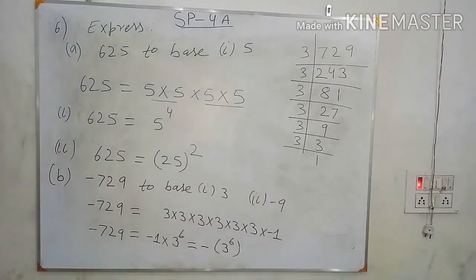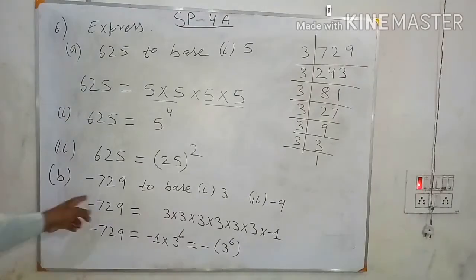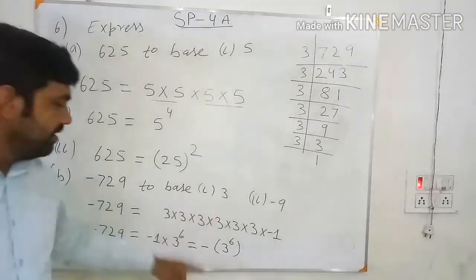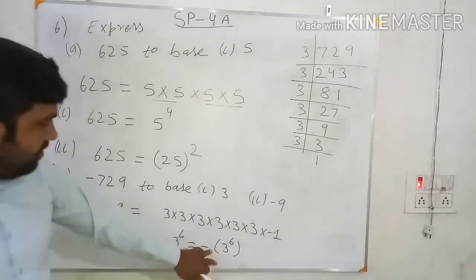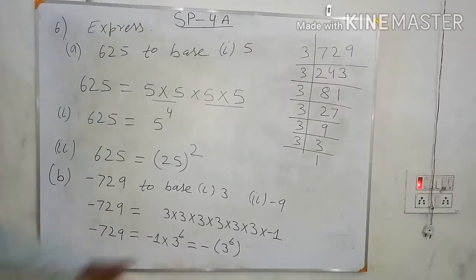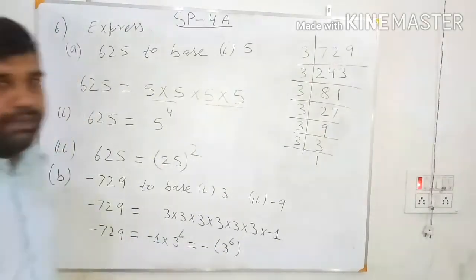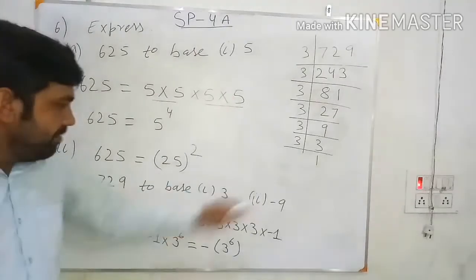See, that number is expressed as base 3. The question is to express minus 729 as base 3. So we have expressed it, and the minus is put outside. That is the minus 1. Okay, that also we can do. Here no need to write minus 1, only minus we have written. So if you multiply any number by 1, you will get the same number. Okay. Next we have to express this with a base with a minus sign.